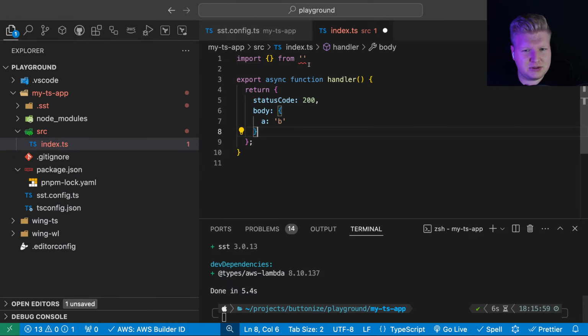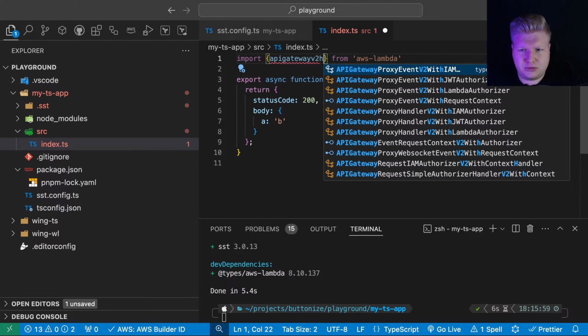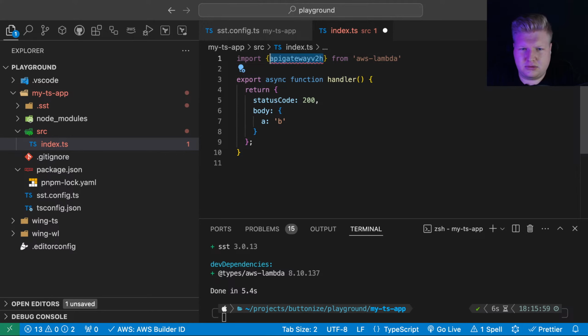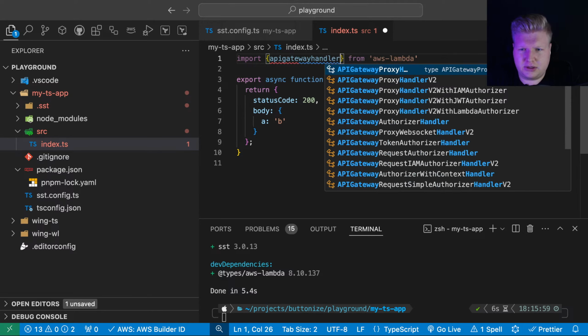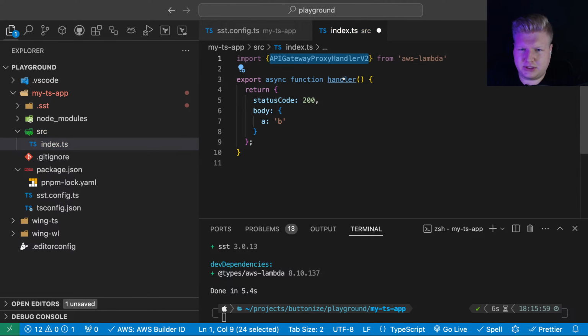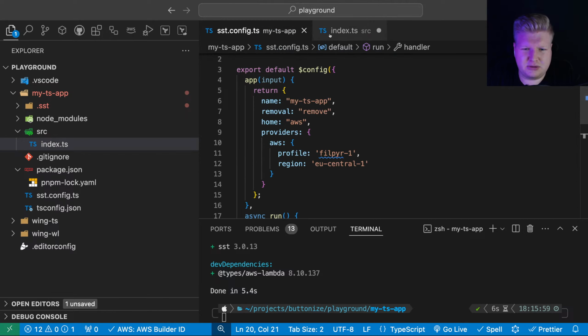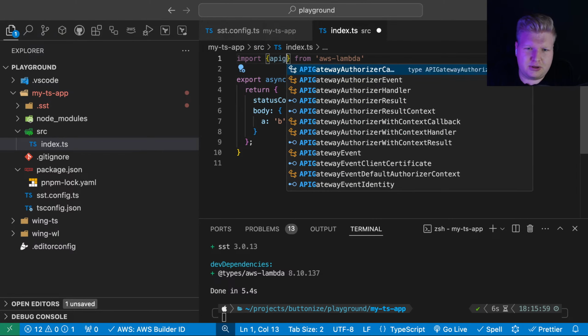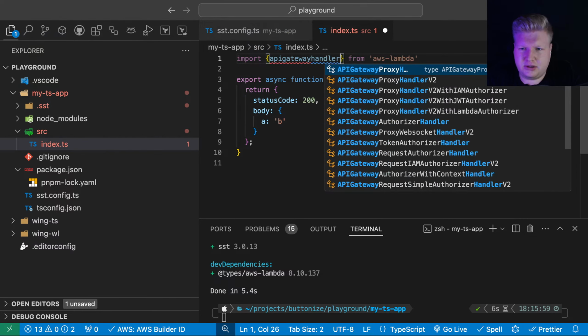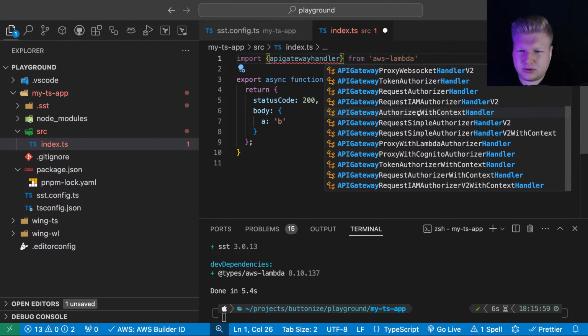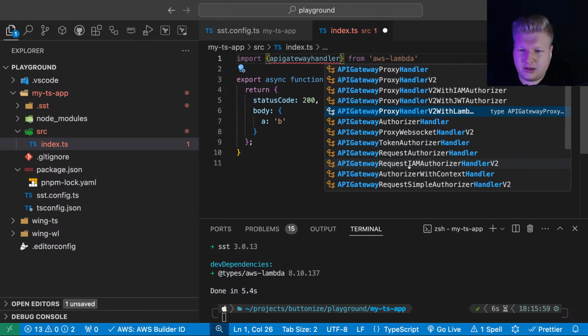Okay, I've installed. So AWS Lambda, API gateway. We do proxy event with API gateway handler. Proxy handler v2. Is it proxy? It's not proxy, right? Oh, come on, API gateway handler. Token request. I would not be the one starting out learning AWS now, man.